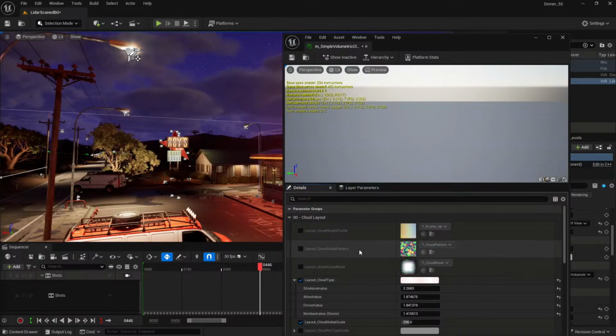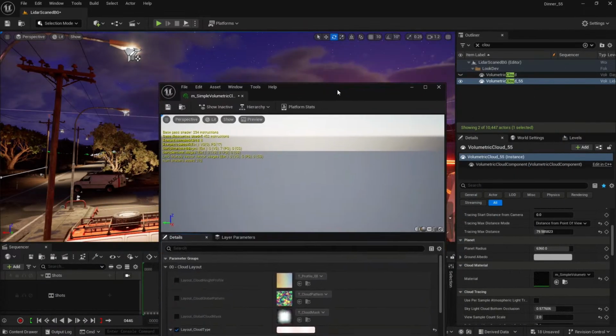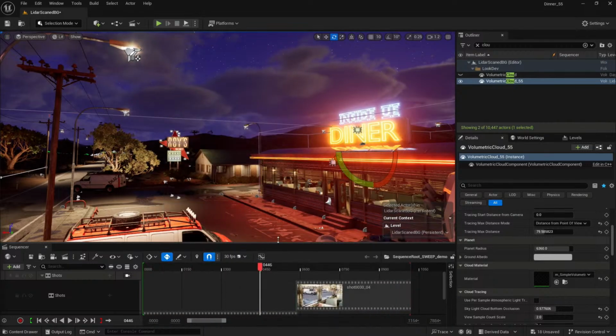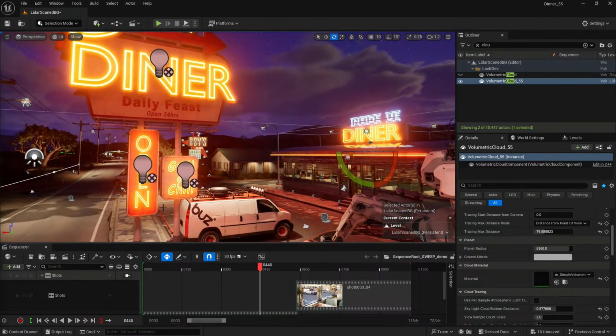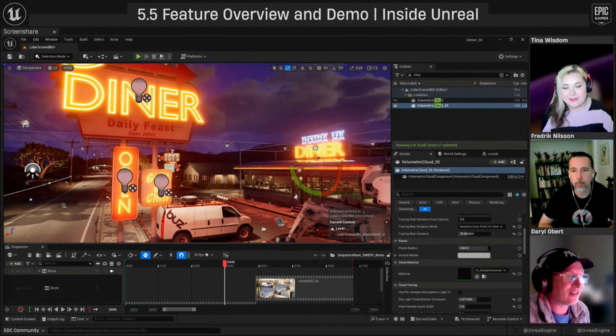Now, keep in mind, this master material, I'm pretty sure this is the case, at least that's the way it was in the previews, has been replaced in the engine folder. So what that means is, if you didn't make a local copy in your project and you're referencing back to the master in the engine directory, it's going to grab that new master on scenes that you open up. So just keep in mind that new master might be pumping into your legacy scenes.